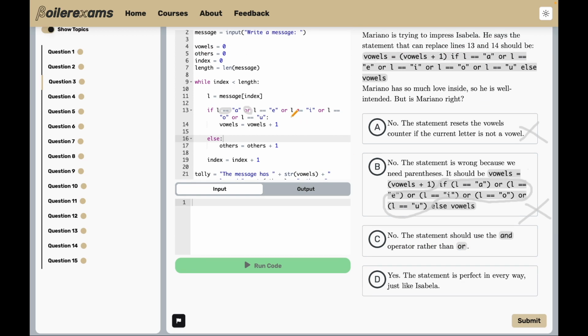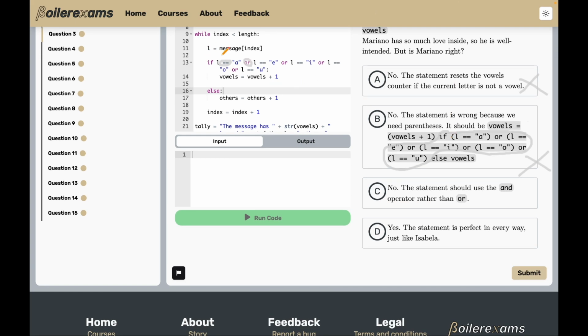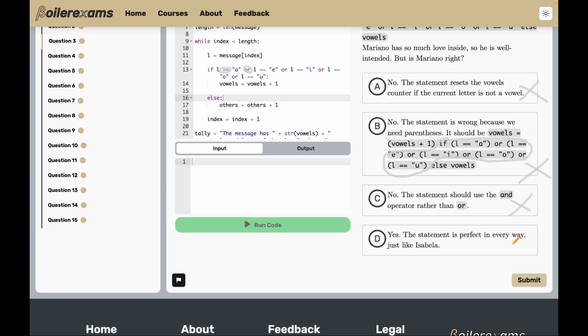It was exactly from the last question again. And that is because L cannot be A and E at the same time. That is impossible because L is just the one character. It stores one character at a time. And so we know that is not true. And then, yes, the statement is perfect in every way, just like Isabella. And so I don't know about the second part, but we know this is true